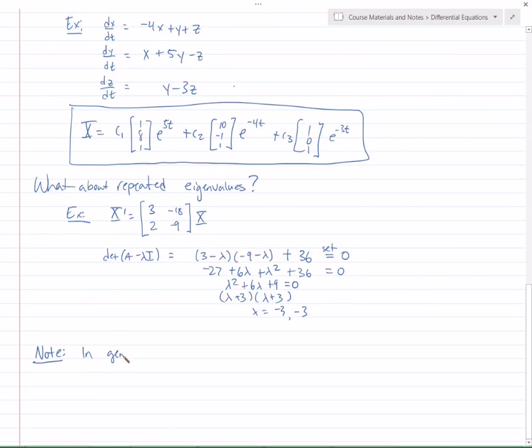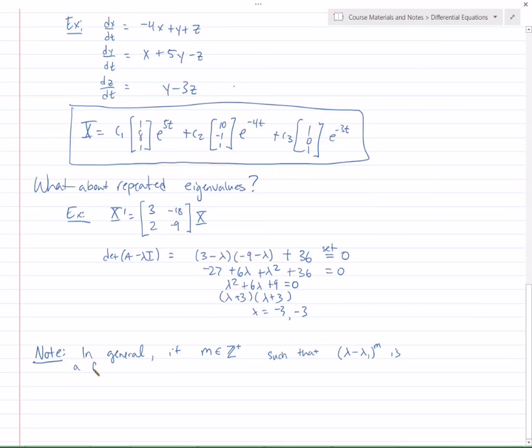In general, if m is some positive integer such that, you recognize this symbol, right? Z just is integers. Z plus means only the positive integers. So those are the counting numbers, 1, 2, 3, 4, and so on. So if m is one of those, such that lambda minus lambda 1 to the mth power